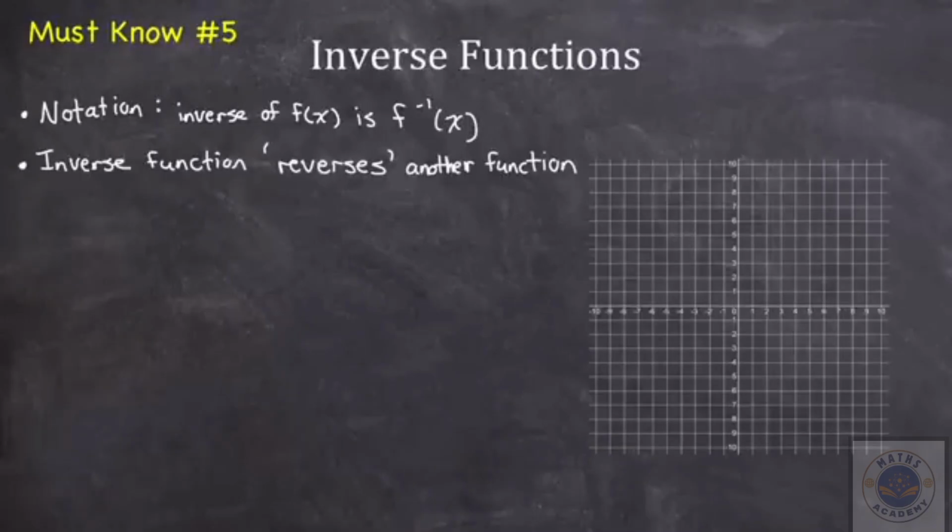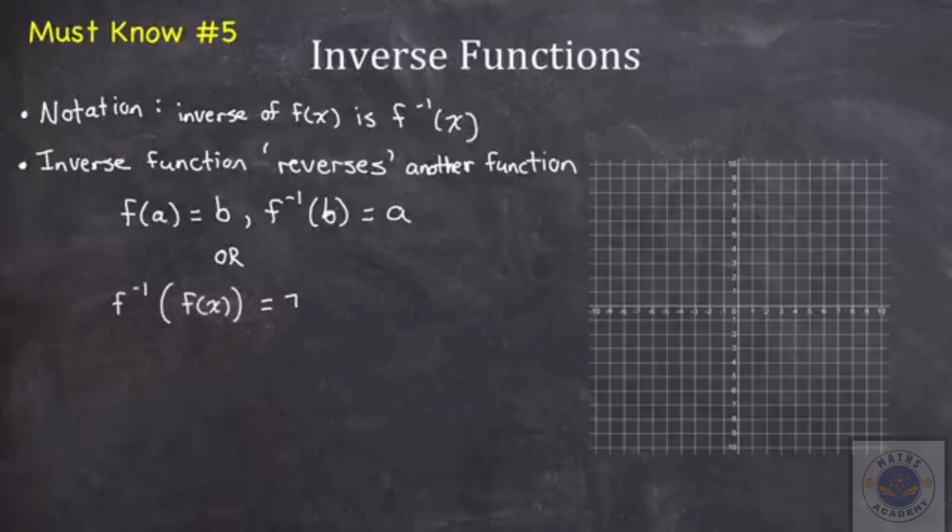For example, if f of a equals b, for an inverse function, the inverse of f at b would actually equal a. Or another way of stating that is that the inverse at f of x is equal to x. And both of these are just different ways of saying the same thing. If I take the output of f of x and I sub it as the input into the inverse function, that inverse function actually outputs to me the original input, x, on the original function. So it just undoes all of the operations that f of x does to x to return just the x